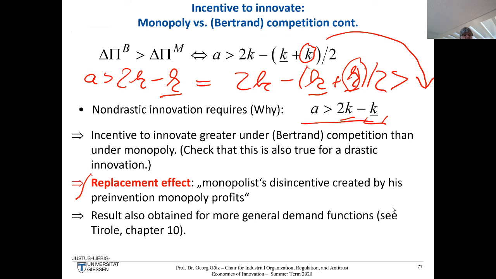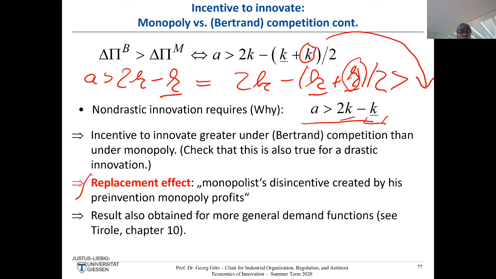And that result changes quite dramatically if we allow for the threat of entry. And finally, what we learned in the very beginning is that Bertrand competition is a very specific form of competition, a very tough and intense form of competition, giving rise to this Bertrand kind of paradox. And this is rather different from Cournot, because here, once you have a more efficient firm, it takes over the whole market. And that will be different in